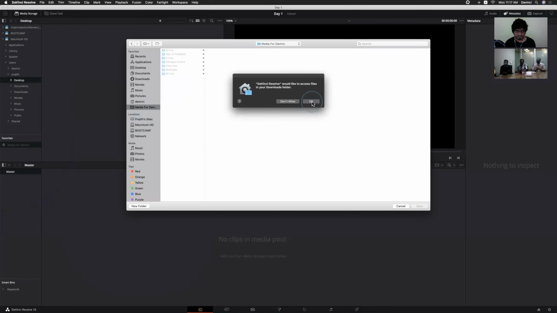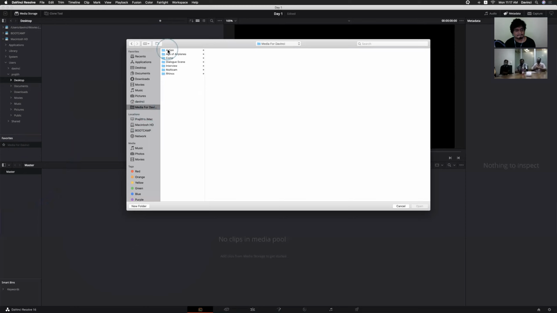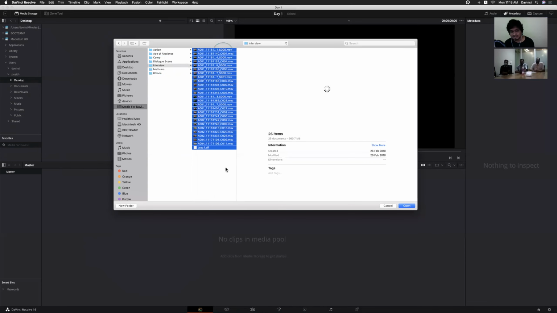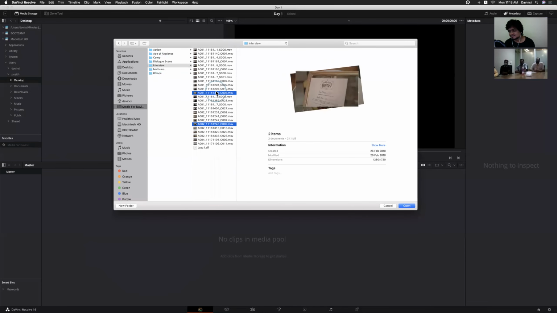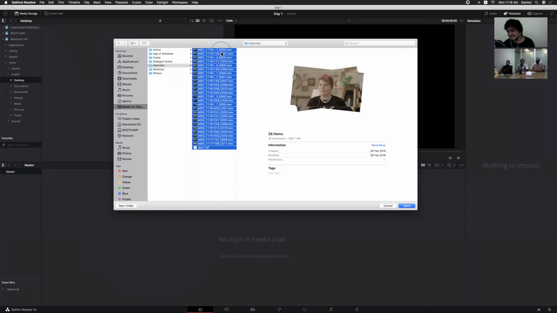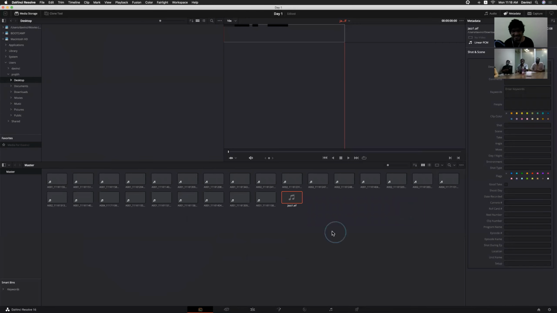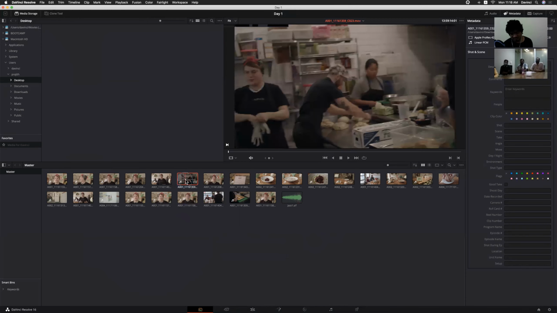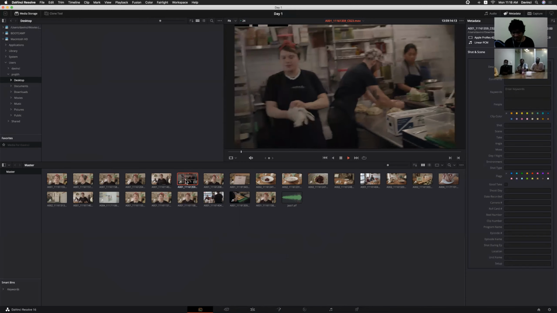So here I'm just selecting all the clips, or we can use command. It's the same as other options. I'm not going to discuss all the basic things. So simply select, or we can even import a folder directly. Click open. Now everything is added to the media pool. Within the media pool, we can preview audio and video also.